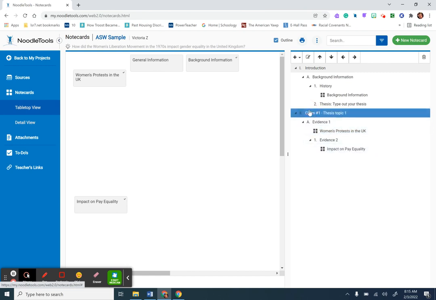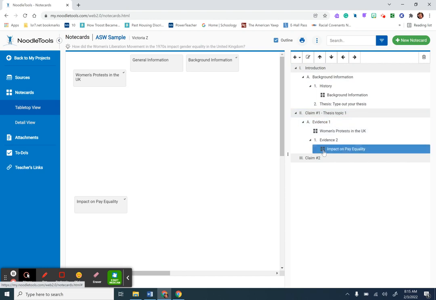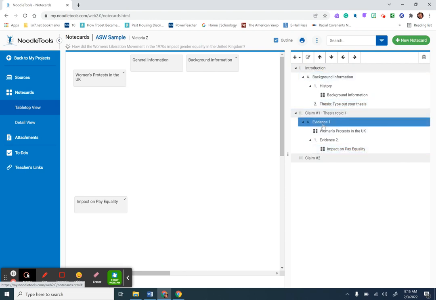So you're going to continue to do that throughout your various claims that you're going to be explaining through this paper. You should have at least 3. And then you'll have a conclusion as well. So once you've done all of this and you've really typed out, again, I'm just showing you, so you'll be typing out much more than what I have. You're going to go to this print button,